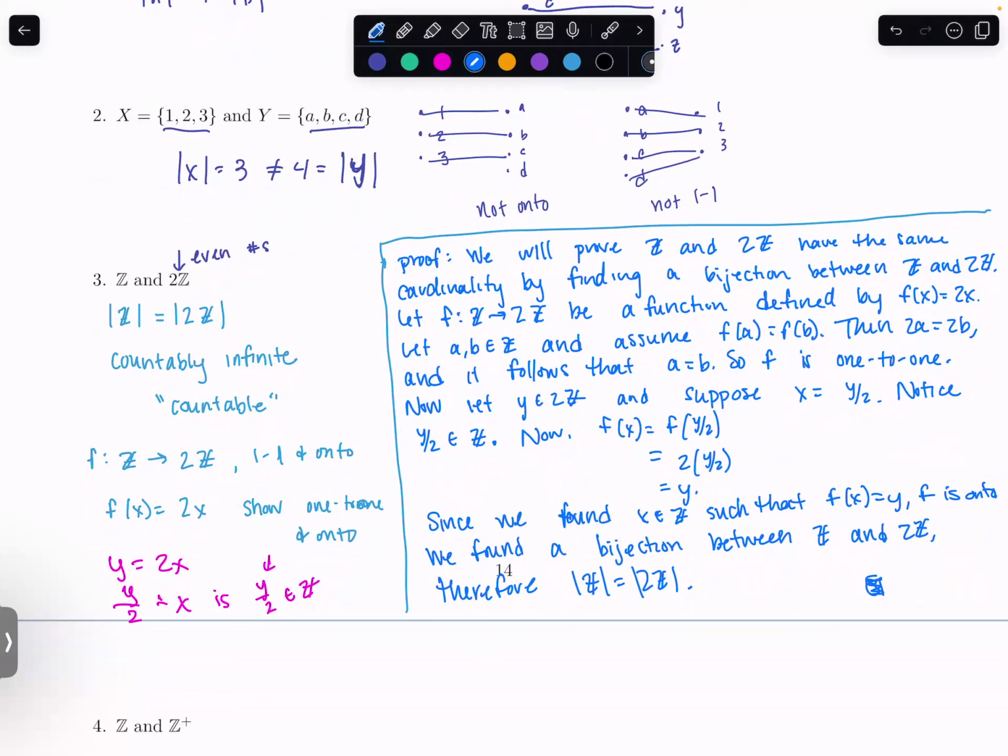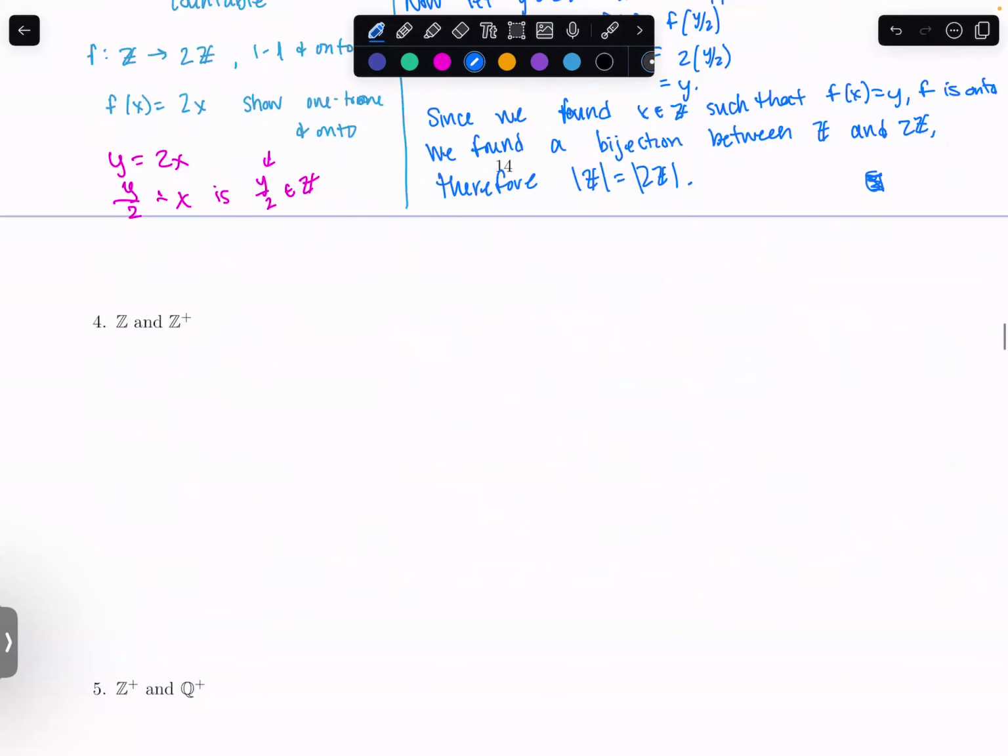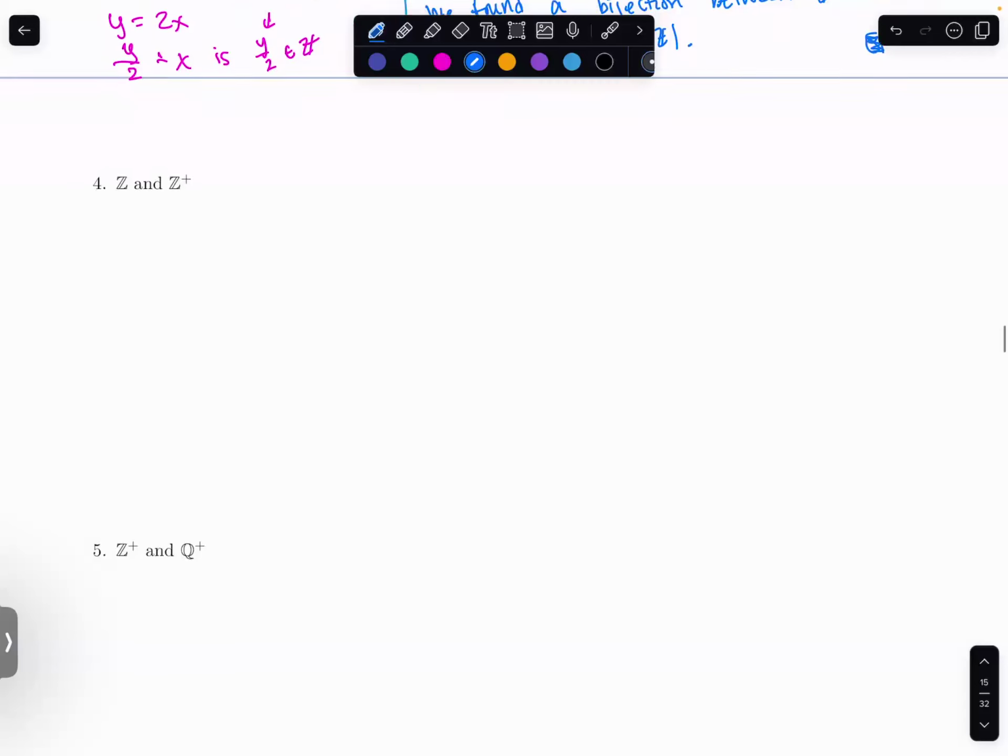I think on your homework, you'll get to do this with the odd integers and even integers maybe. It's kind of a fun exercise to come up with a function and make sure your function actually works, and challenging but fun. So now we're going to do the integers and the positive integers, which is also weird,